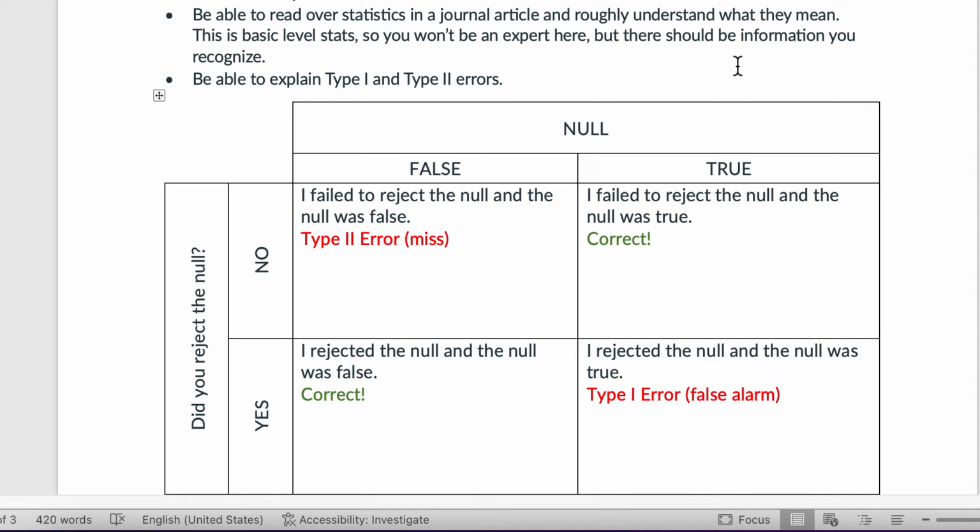You're not going to know everything because these stats that we're learning are basic level, and most of the stats you see in research journals are probably going to be higher level. Lately anyway, but you should be able to at least get a feel for what they're doing, right? So you may not understand what structural equation modeling is, but you understand basic stats. So just being able to go in and make sure that they're doing the things that they're supposed to be doing, and make sure that the p-value is 0.05 or less if they're saying there's significance,